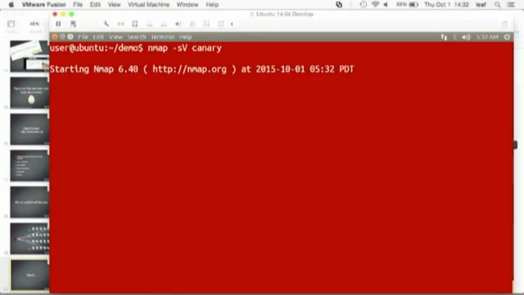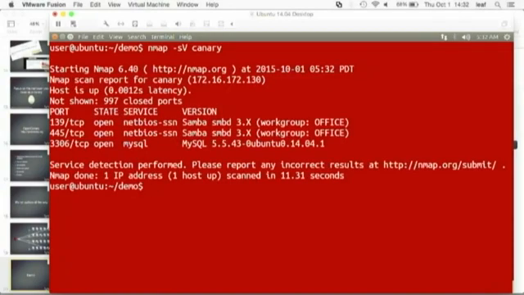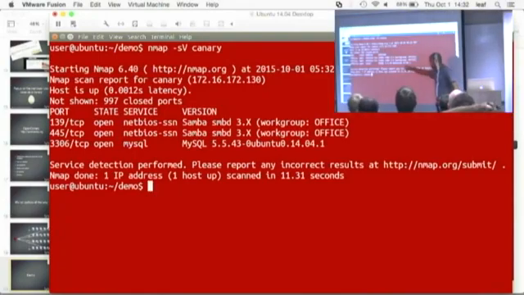So I've used the SV flag with nmap. That just means that it does the normal sort of port scan, checks which ports are open, but also goes a little bit further and probes the services to figure out what versions of services are running. So in this case, the OpenCanary is running Samba and MySQL, and within the OpenCanary config, you can modify exactly what shows up in that Ubuntu thing.